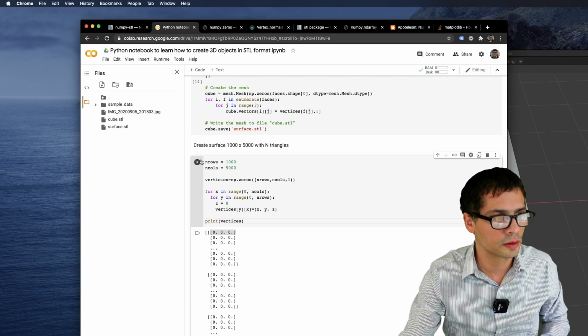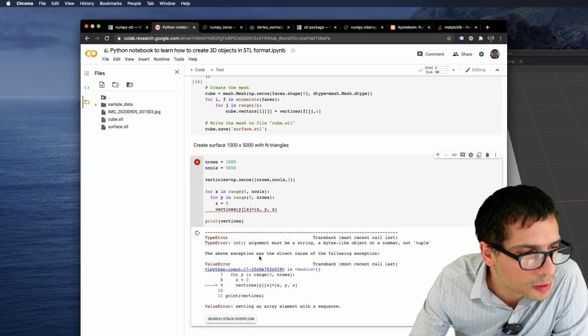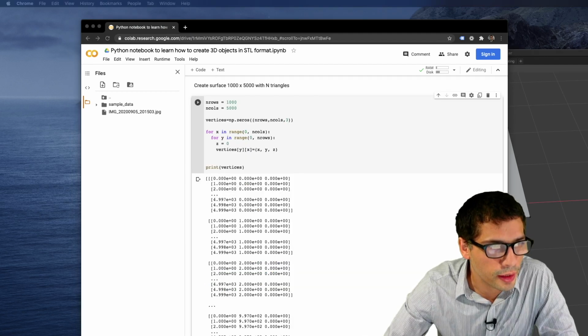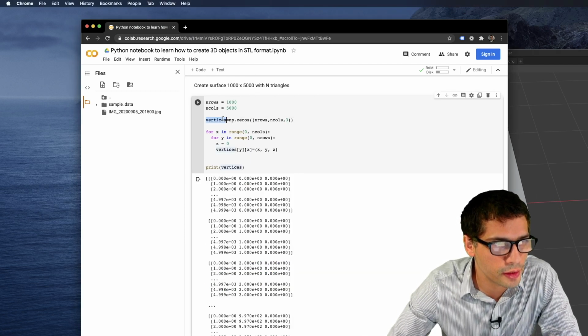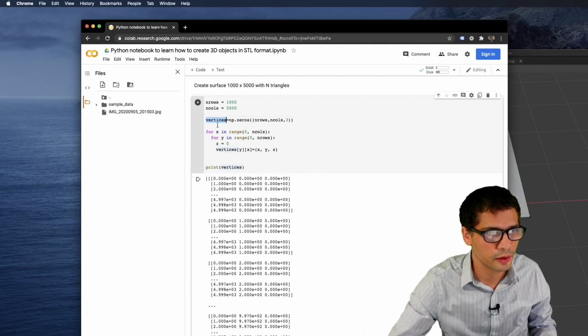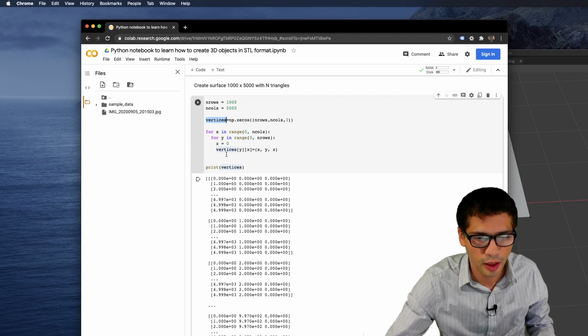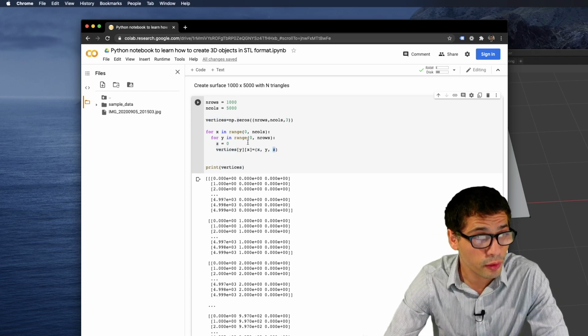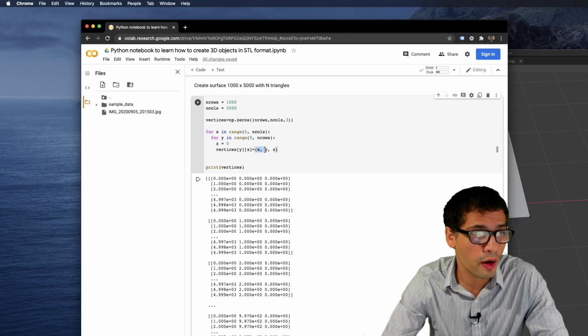Right, it seems like I had misspelled vertices, and now I've corrected the misspelling in this variable and it's working. So now I'm able to create a list of vertices in a NumPy array with 2 dimensions. Each cell in the array has a 3-dimensional coordinate. Z is always set to 0, so we only vary x and y.